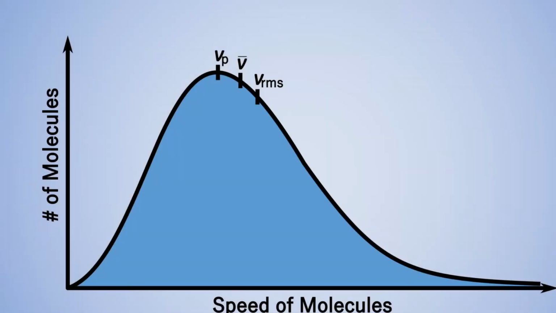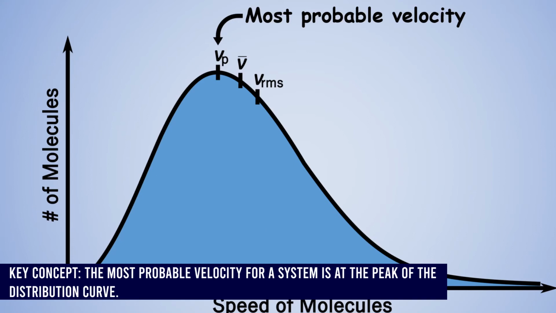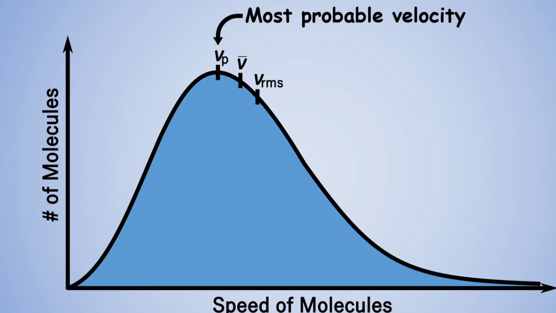Okay, we're back to this graph that we saw earlier, minus the balls bouncing everywhere. And you'll notice we have those 3 points marked. You might have noticed them earlier. I didn't really say much about them. The first one at the top is what we would refer to as the most probable velocity. And what we mean by that is, if you look, that particular velocity would have the most number of molecules at a certain speed. So we would say that it's the most probable velocity for those particles to be at.